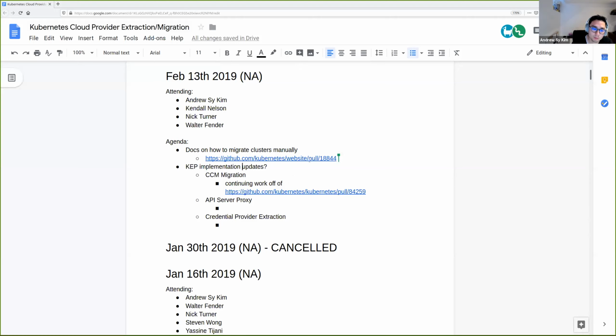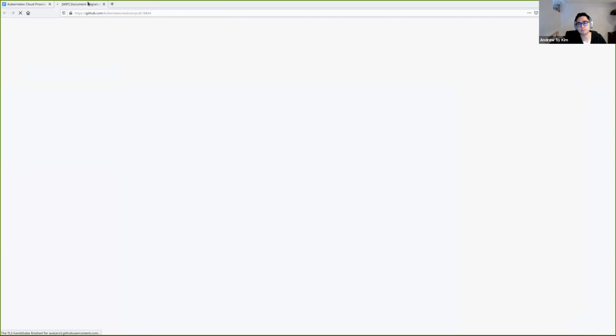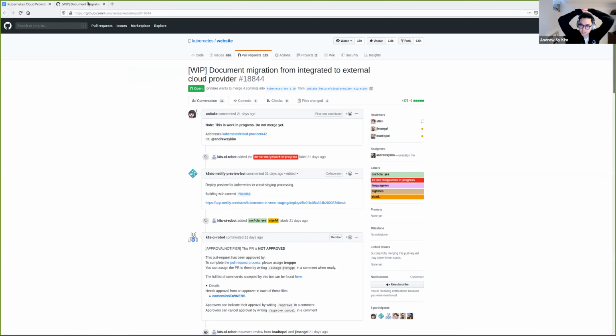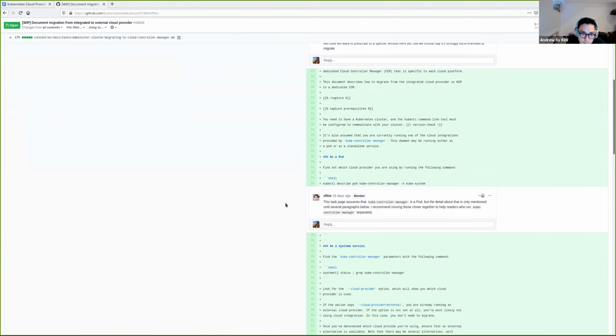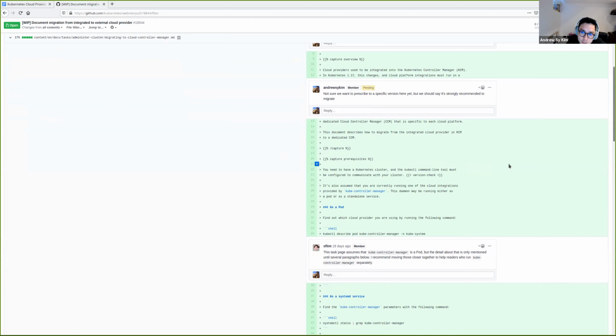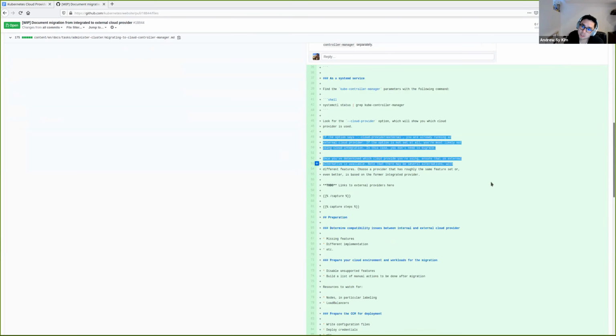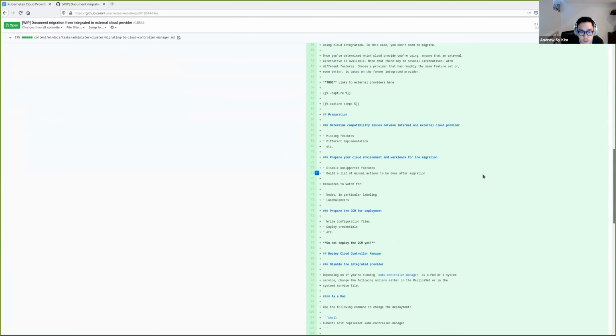Before we go into the cap implementations, I did want to highlight this one PR here. I asked one of our community members, who's looking to become a member and who's also developing the cloud stack provider, to write some docs on how to do the in-tree to external provider migration manually. There's currently a work in progress doc. I had recommended to use AWS as the example provider, just because most of our users are on AWS,